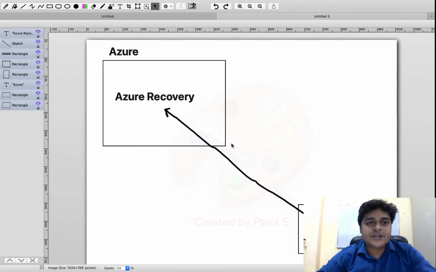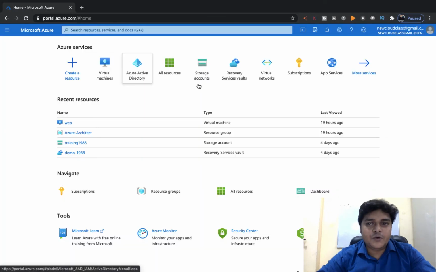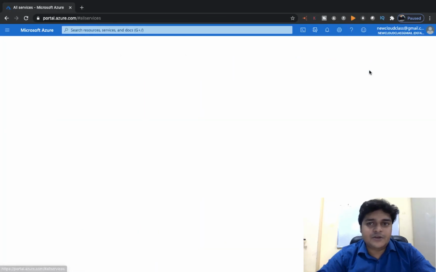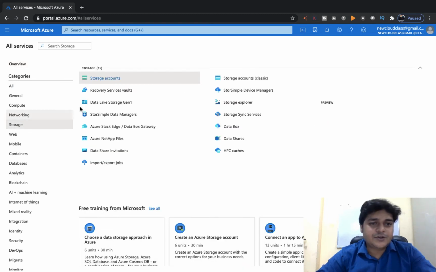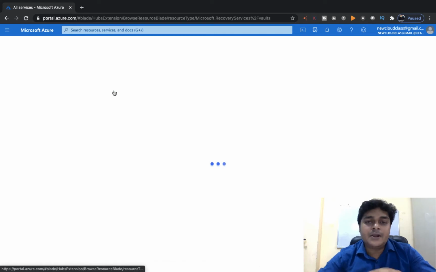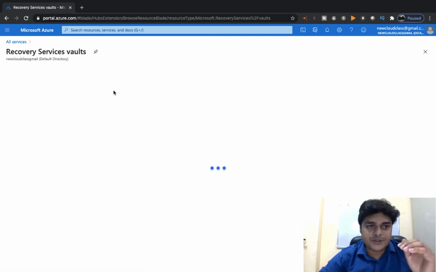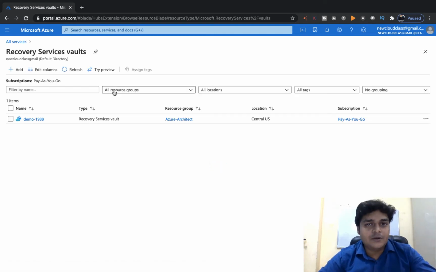Firstly, we need to check the prerequisite. We need to open our Azure portal. In Azure, we need to click on More services and go to the storage part, because the recovery service vault is a part of our storage services. Click on storage and see the second option, recovery service vault. You need to click here. If you have already created one, you can proceed with the same one. If you want to create a new one, you can just click on the add button, fill in the information you want, and proceed to create.